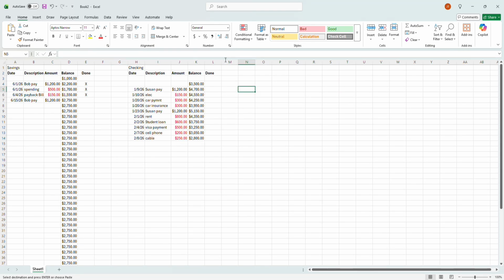Now, for the checking side, I just dropped the line items in. No need for you to watch me type them out again. I think you got the hang of that. What I really want to demonstrate here is a great functionality of being able to track your finances